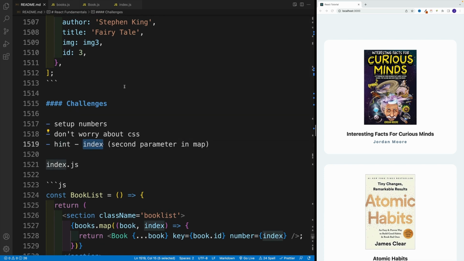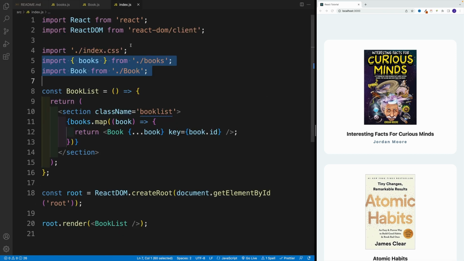I'm going to use index for this. Again, I'm not using index for the key. I'm using it to get the value, so I can clearly display whether it's the first book, second, or third. Again, if you want to work on this independently, please stop the video right now and resume once you're ready to compare the results. I'm going to go to index.js, and then the second parameter in the map method is the